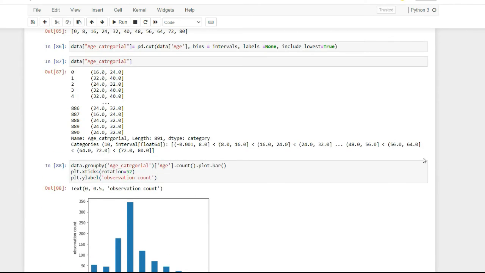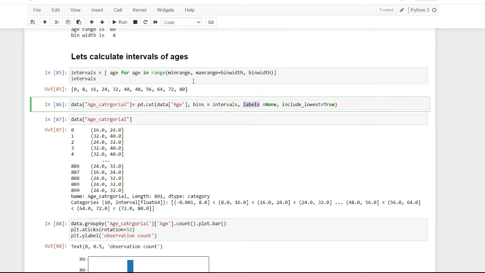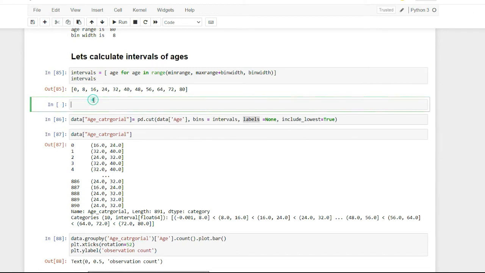Now as I told you earlier, what are these labels and how do they help us? Let me do one more thing. Let me show you, and I will create one more list and call it bin labels.